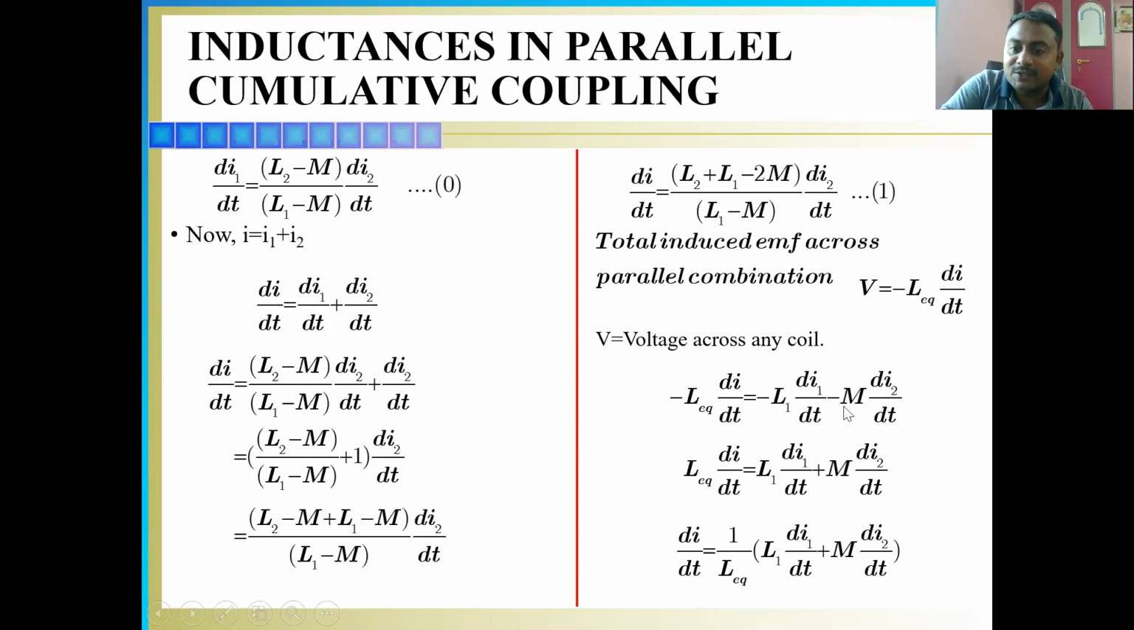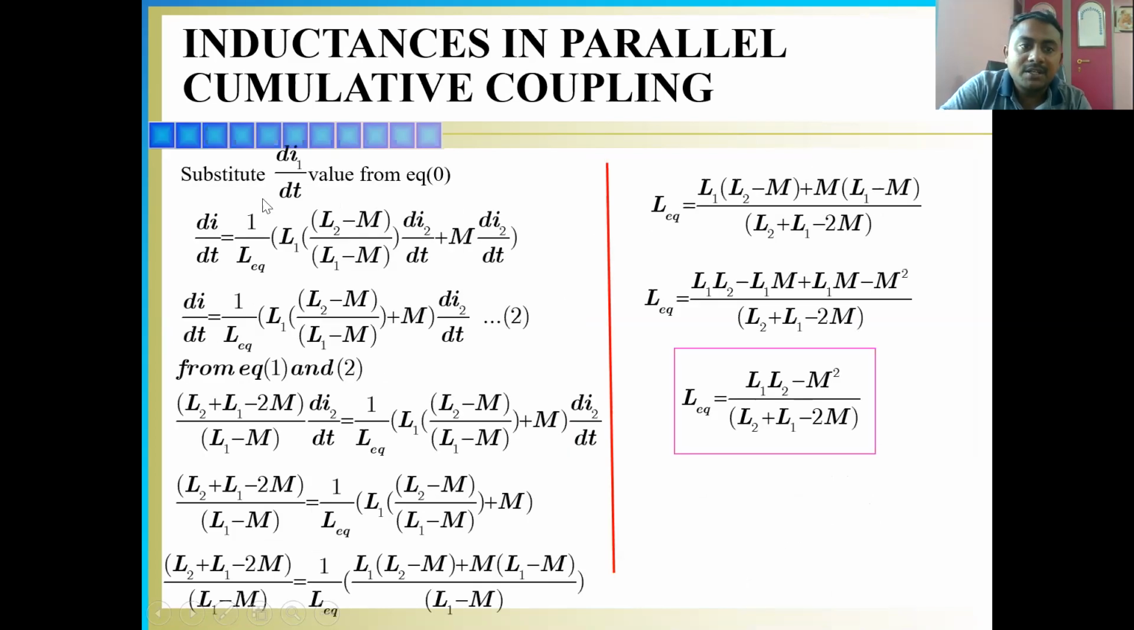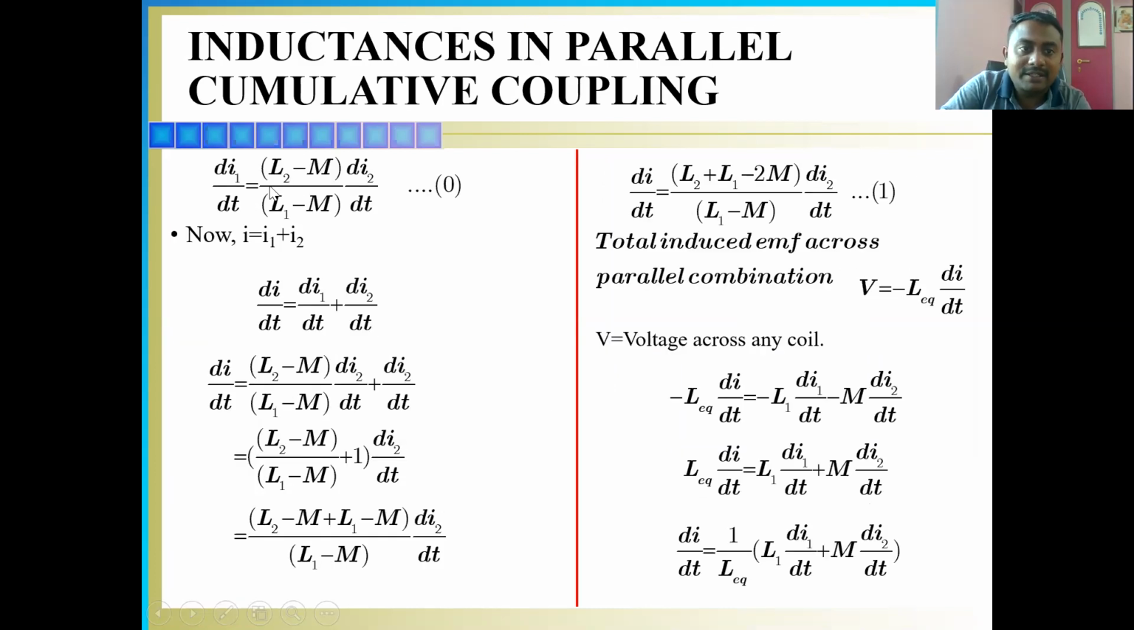Okay, so I'm considering this one, L equivalent di/dt. Cancelling all the minus terms, I will get L equivalent di/dt equals L1 di1/dt plus M di2/dt. As we know, okay, sorry, I'm sending the L equivalent to this side, so that 1 by L equivalent equals this value. Okay, next, substituting the di1/dt value in the equation, we know that di1/dt